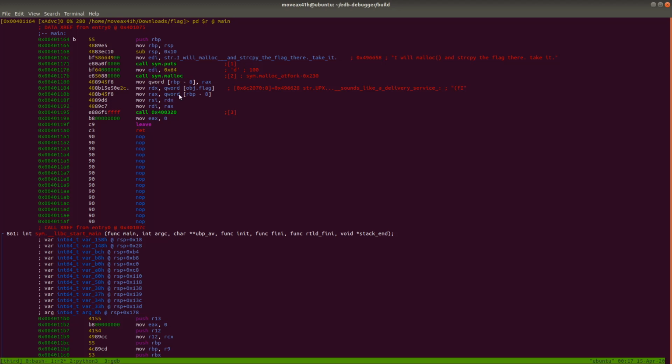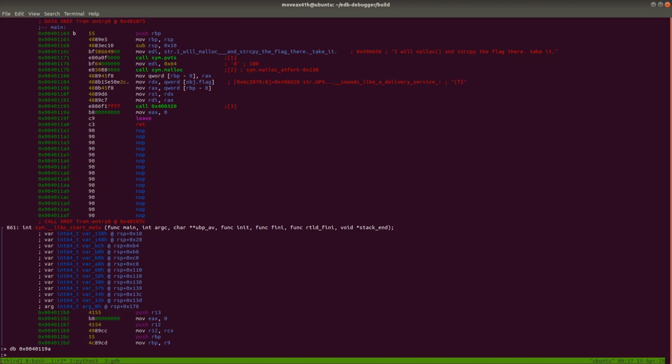What's that memory address? To facilitate this, we can also place a breakpoint on 0x0040119A. So I did :db and then that memory address. And then all we need to do now